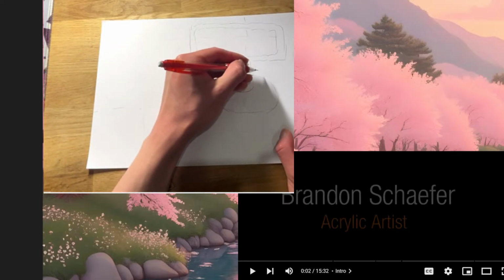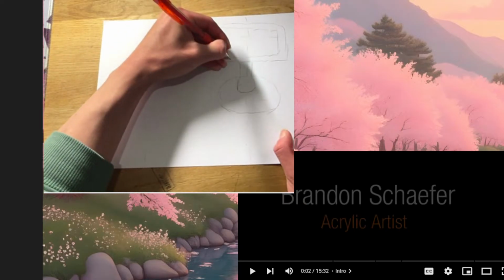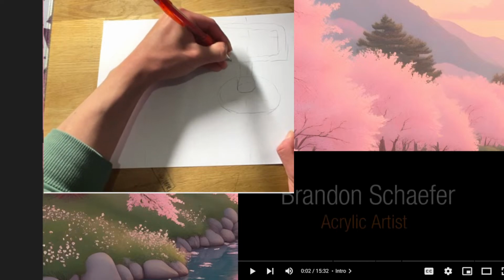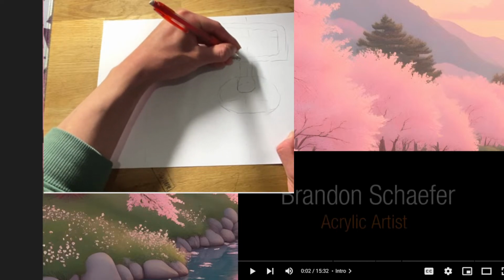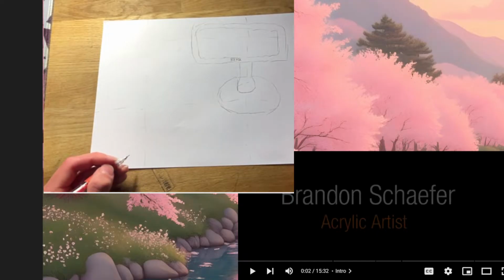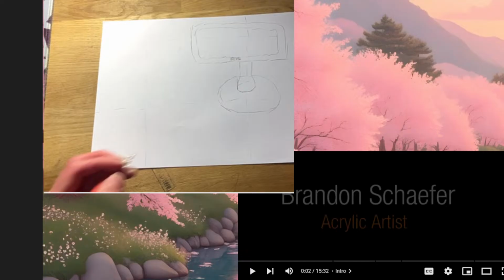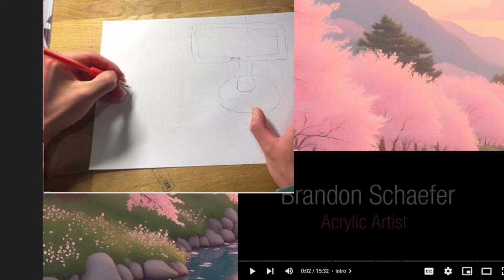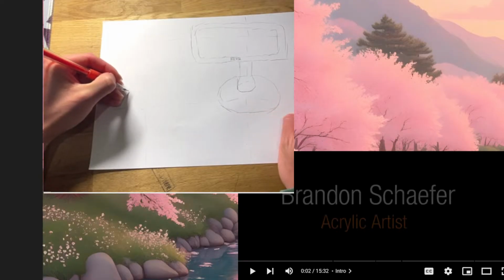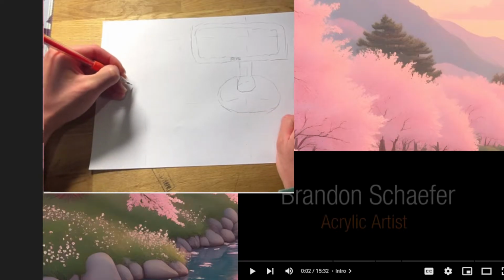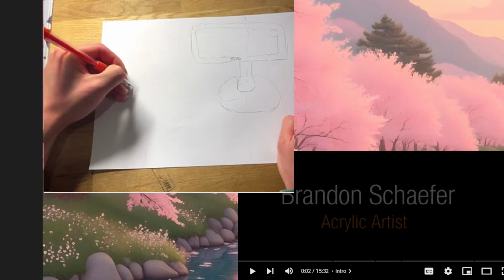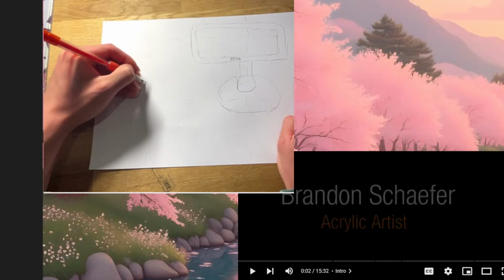But I'm going to see basically if I can do the shading on this. Well, let's do this first. Let's add the BenQ symbol first, and then let's add some shading from this side. So the light, we can see, if I theoretically, let's draw the light first so we know where the light is coming from. So if I theoretically draw the light over here,